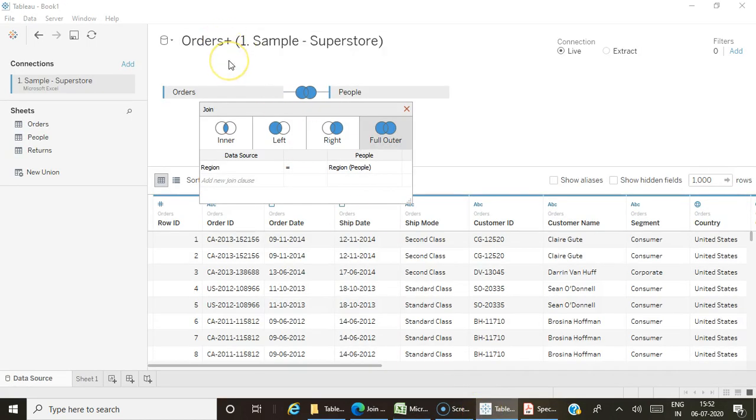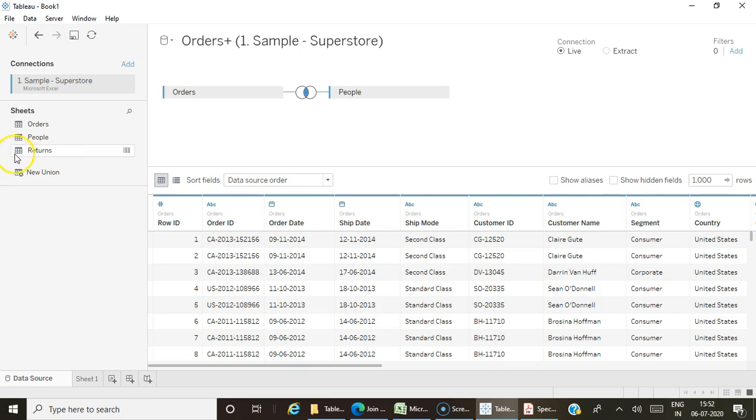So when you are pulling more than one table in Tableau, you have to specify this join condition, either inner join, left join, right join or full outer join. Based on your requirement, you can choose which join you need to use between the tables.